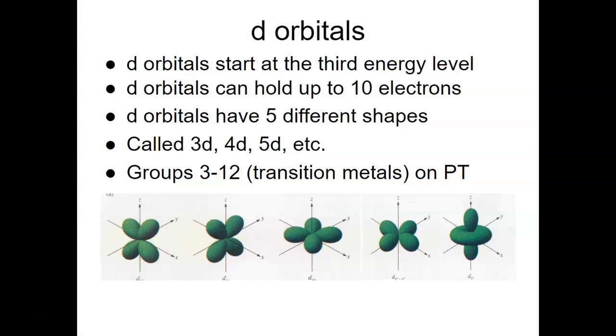The d orbital is going to start on that 3rd energy level. Now you're thinking, Miss B, why if it's on row 4? Well, because of the way that electrons like to be stable, the way atoms like to be stable, the outside only wants 8 electrons. That's the valence electrons we talked about before. And so what happens with